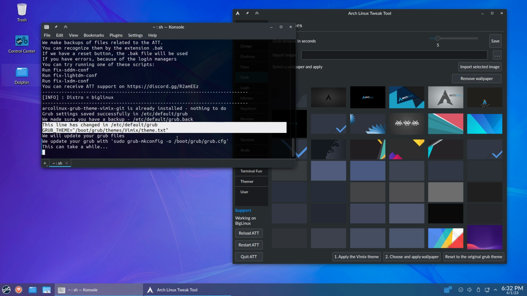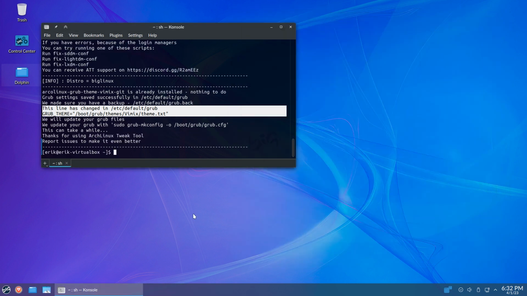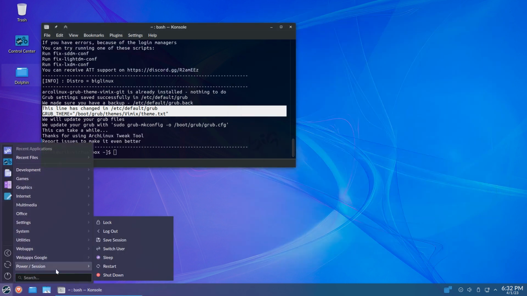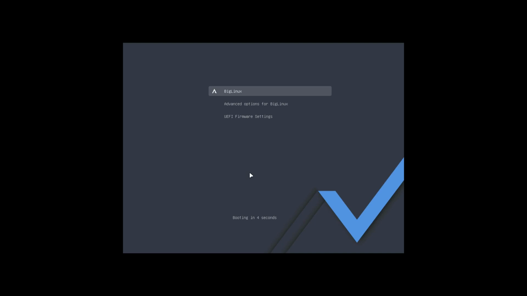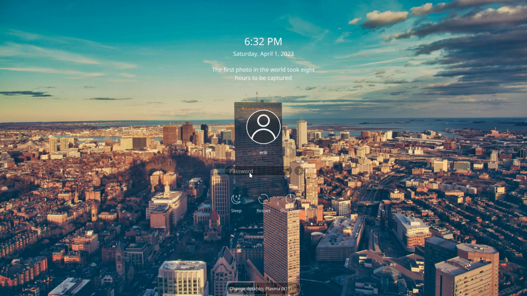What took me some time to figure out was how to reset to the original Grub theme. But before we reset, let's see what we changed. So this is the look from ArcoLinux. This is Vimix, not made by us, but changed by us, so to speak, modified to please us. But of course, thank you, new greeter. But of course,